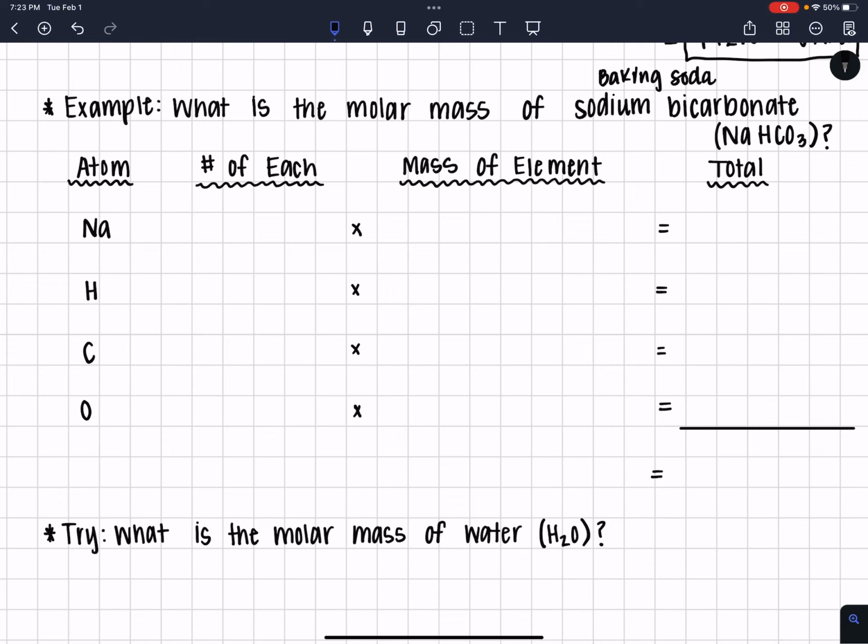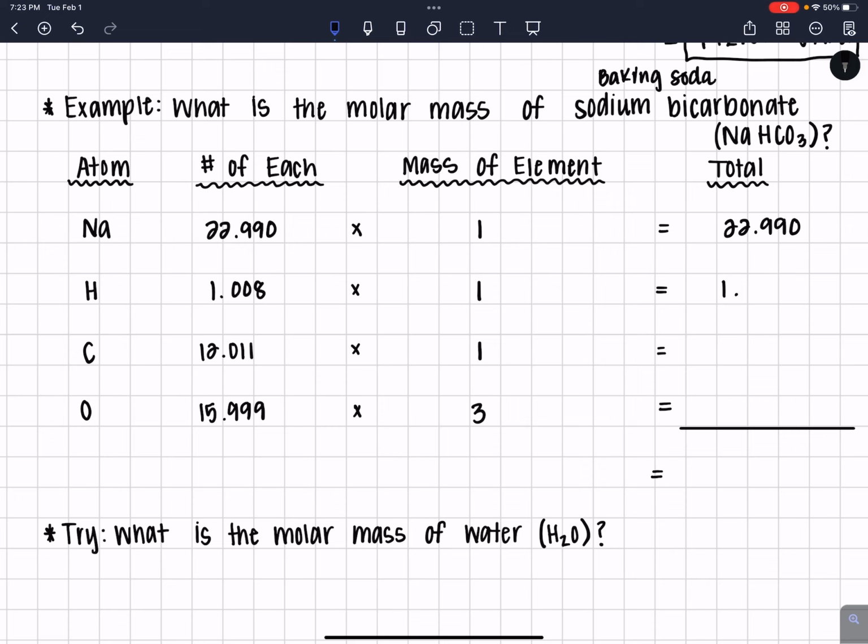It's Na, which is sodium, H for hydrogen, C for carbon, and O3 for 3 oxygens. So I've got 4 elements here. So I know that sodium's mass is 22.990. Hydrogen's mass is 1.008. Carbon is 12.011, and oxygen is 15.999. Now, according to my formula, there is 1 sodium atom, 1 hydrogen atom, 1 carbon atom, and 3 oxygen atoms. So when I multiply across, I'll get